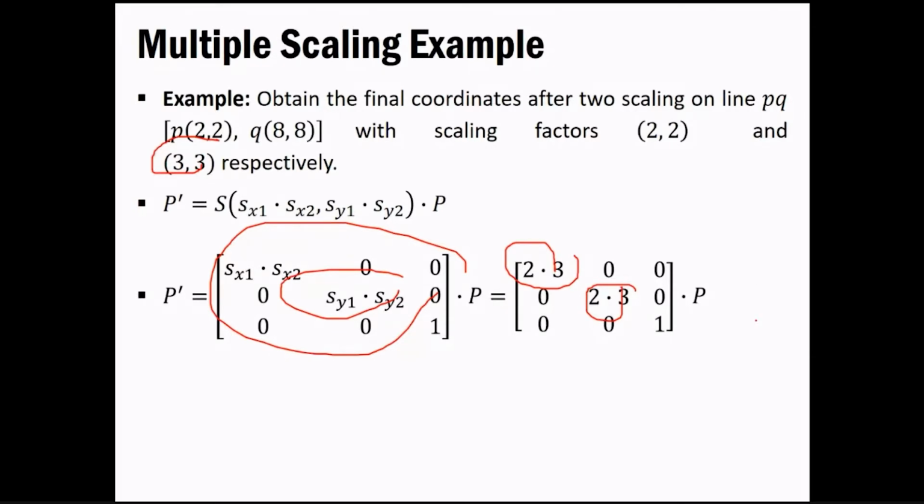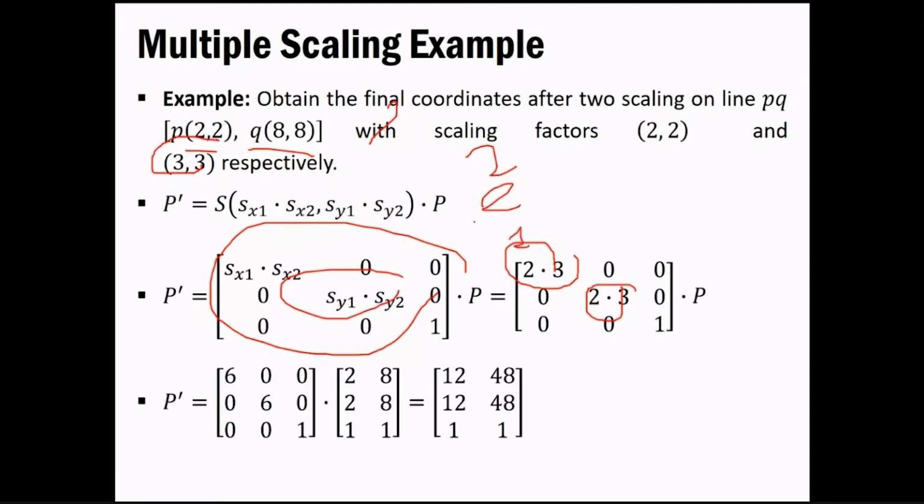Now in our case we have 2 2 and 8 8 given to us, so you have to put it in the column vector form, so that will become 2 2, and likewise we take our remaining homogeneous coordinate. So it is 2 2 1 and 8 8 1, and based on the two scaling factors we have just multiplied and put it in this matrix form. It would give us 6 6 over here, and then the remaining homogeneous coordinate.